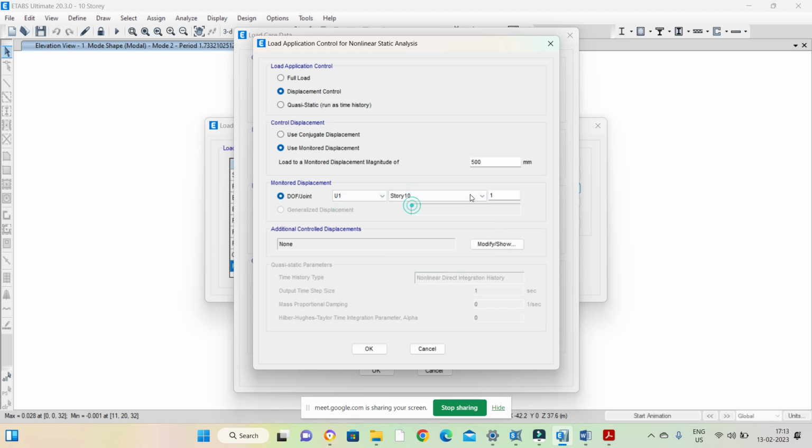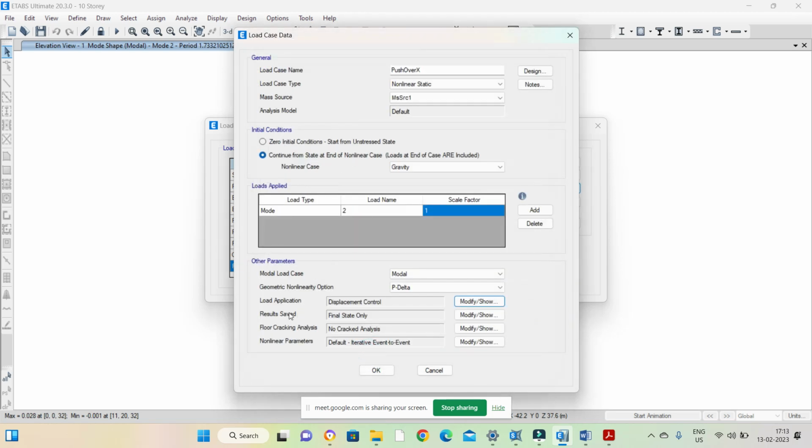Story 10 means roof level, and this is at joint 1. So if you go to the plan view and select the joint, there are a number of joints, and at which joint you want to consider your displacement, here you can enter that one. So I want to consider the joint 1. Okay, then okay, then results saved,